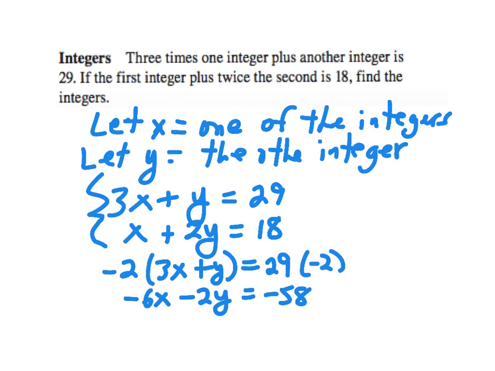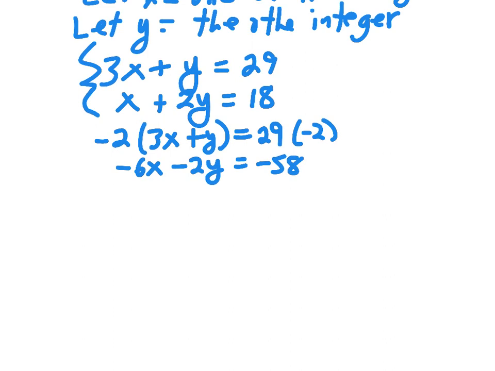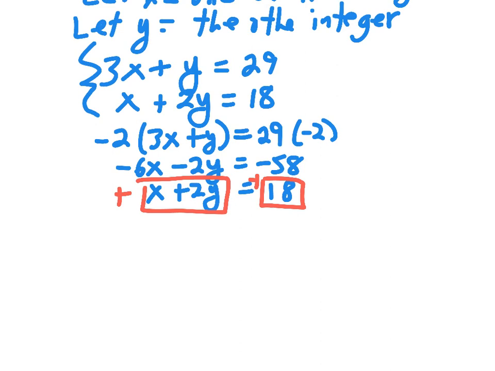I'm going to bring the other equation down to stack underneath that. So that would be the second equation in the original system. So I have x plus 2y equals 18. And I'm going to add that there and add this here. And I will get